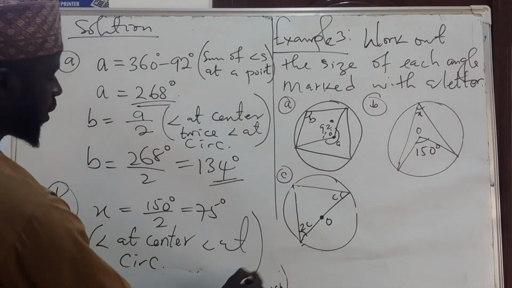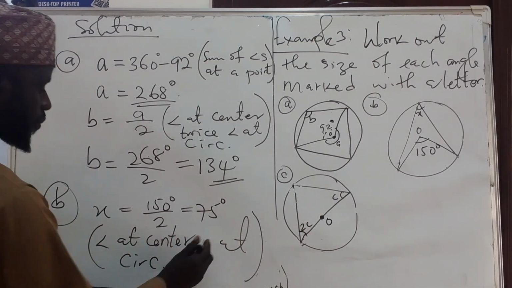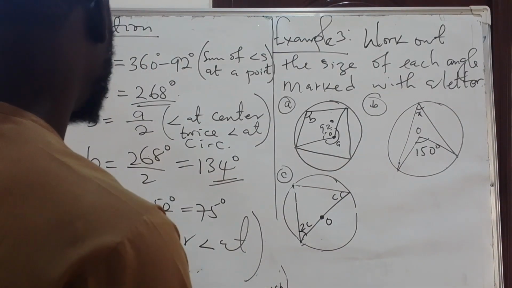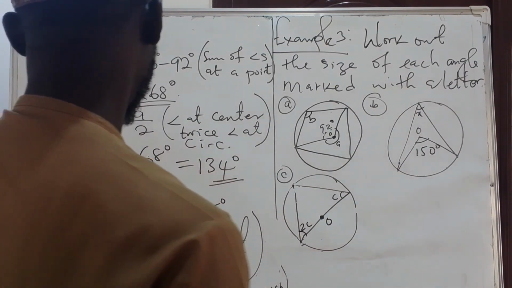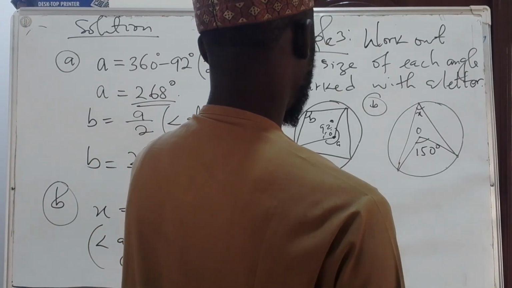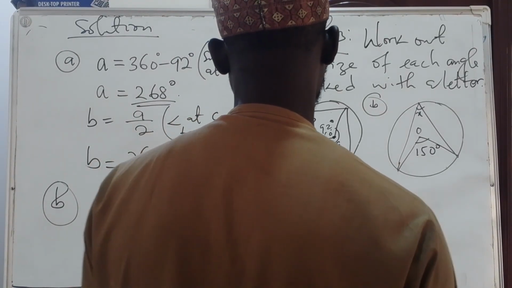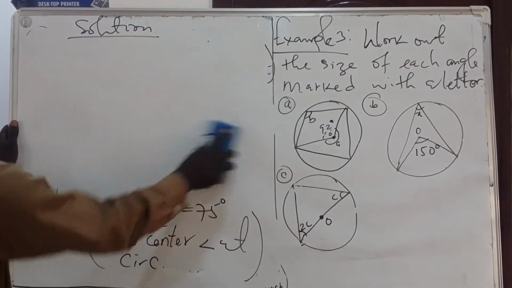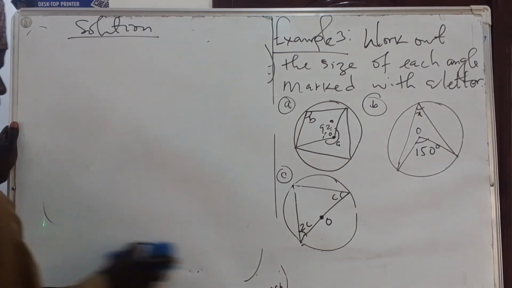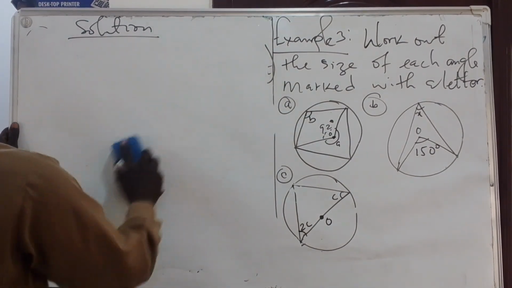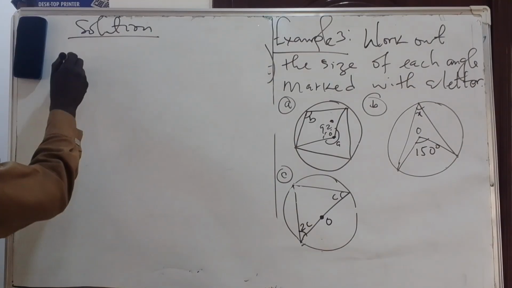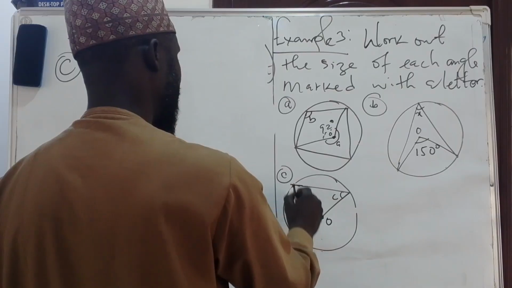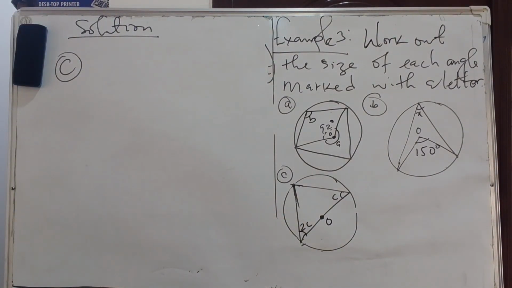So please note that I am using short symbols to avoid filling up the space. I'm trying to save space. So now we are solving question number C. So I have to clean here because I don't want to clean the question while solving. So for question number C, we are using directly a corollary. And the corollary is,